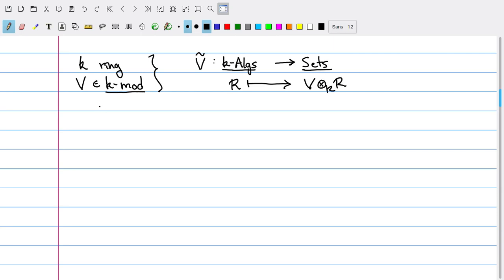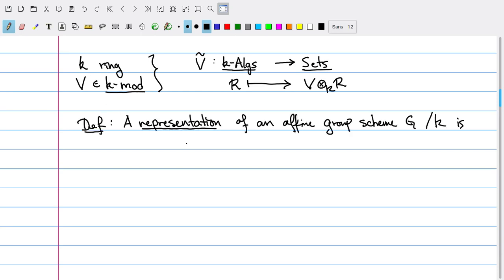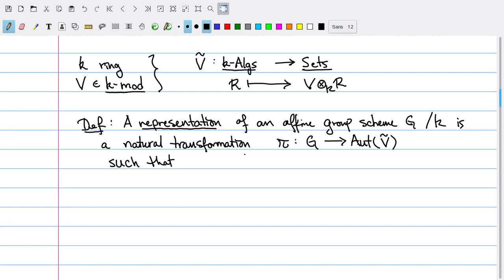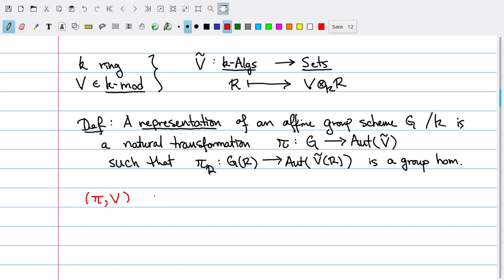With this in mind, we define a representation of an affine group scheme over K. We just define this to be a natural transformation from G to the automorphism group of V twiddle, satisfying the property that π_R, which is a map from G(R) to the automorphism group of V twiddle(R), is a group homomorphism. We denote the representation as the ordered tuple (π, V), and we say that (π, V) is a representation